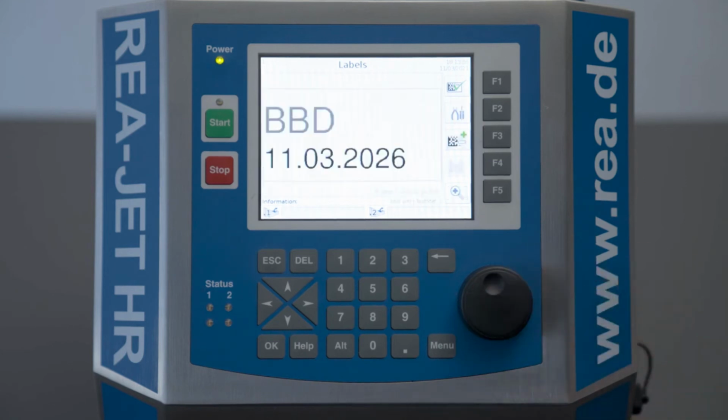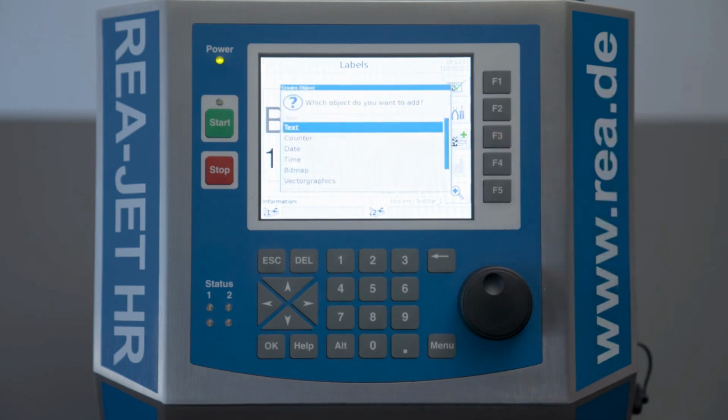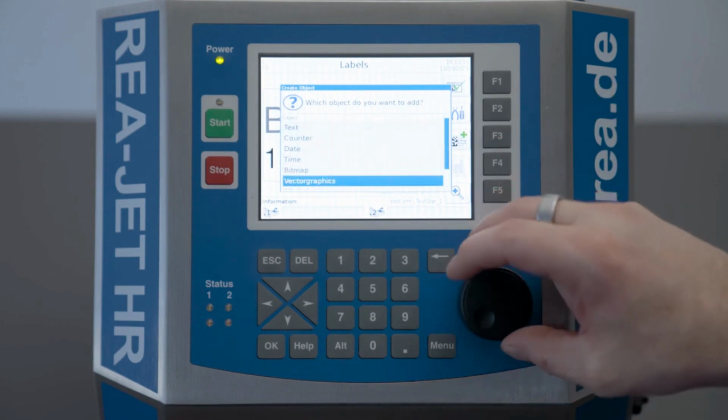And I want to add something, which in my case would be a data matrix code with the button F3. So I'm going to be asked for what do I want to integrate. In this case, I will choose a 2D